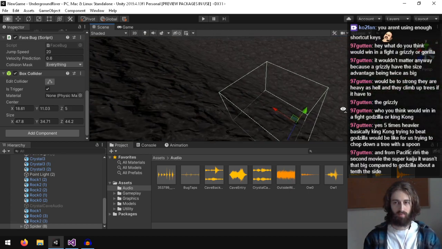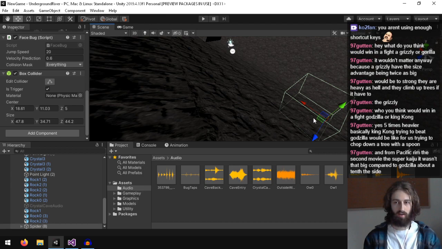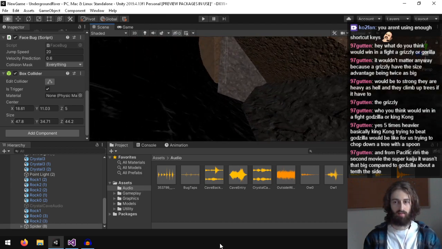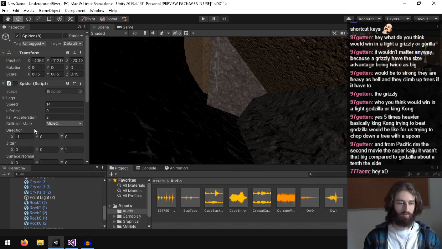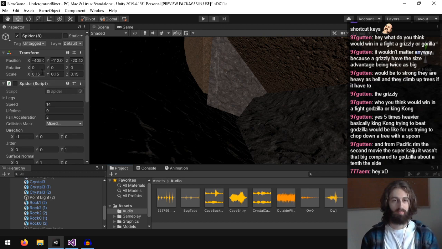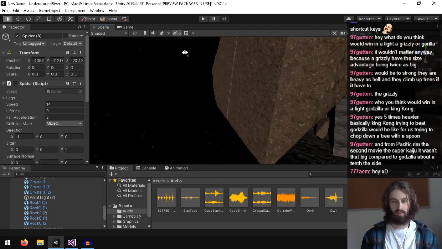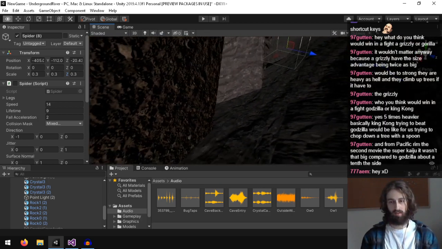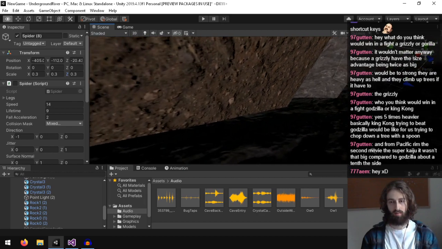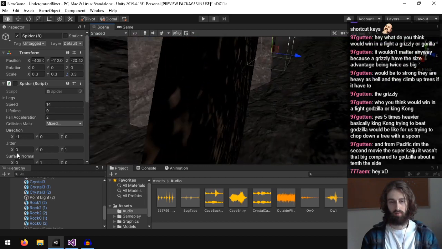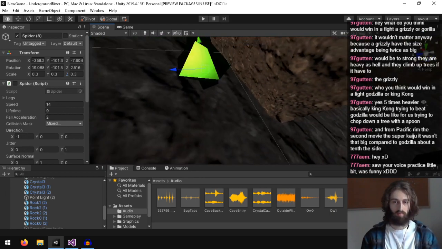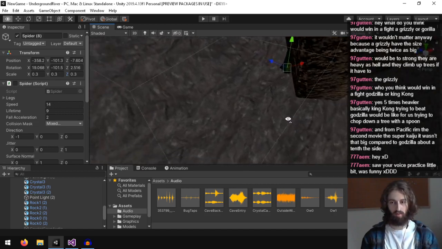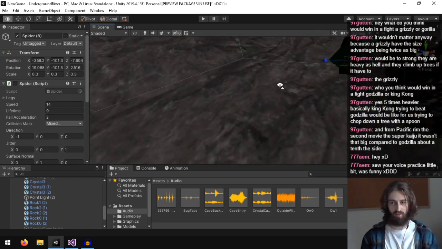I can actually design where I want the spiders to jump from and all that now. So I'm going to do the first one you find right here to be a decent size. Oh my god, this is going to be perfect. When you walk right here, it jumps on you.